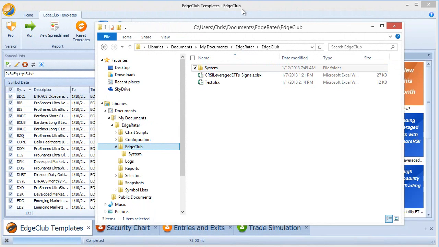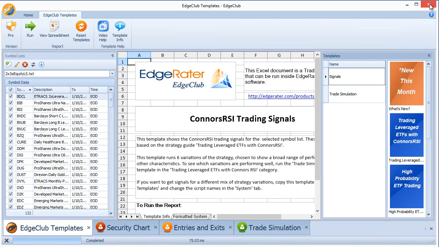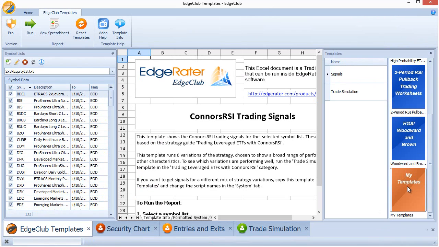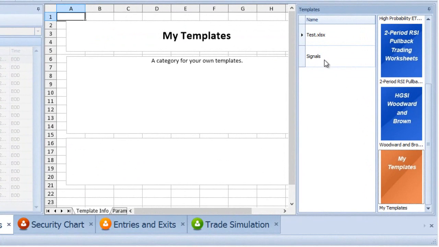And actually, in order for the EdgeClub software to pick up this new template, I actually have to close it down and run it again. So let me just do that. Okay, so I closed the EdgeClub software down and re-ran it. And now if I scroll down to the EdgeClub My Templates area, I can see that I have that signals